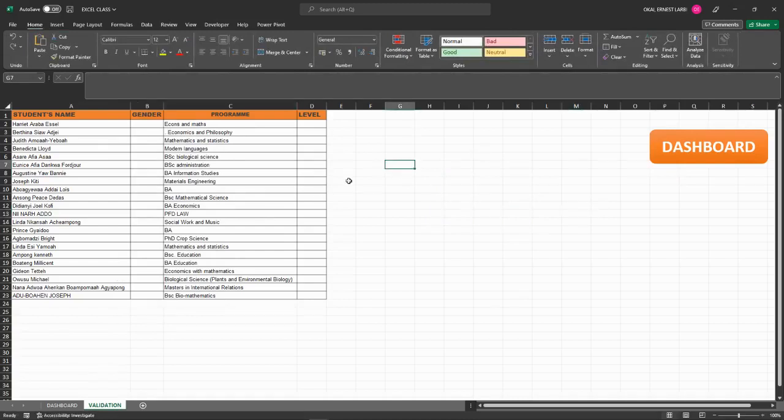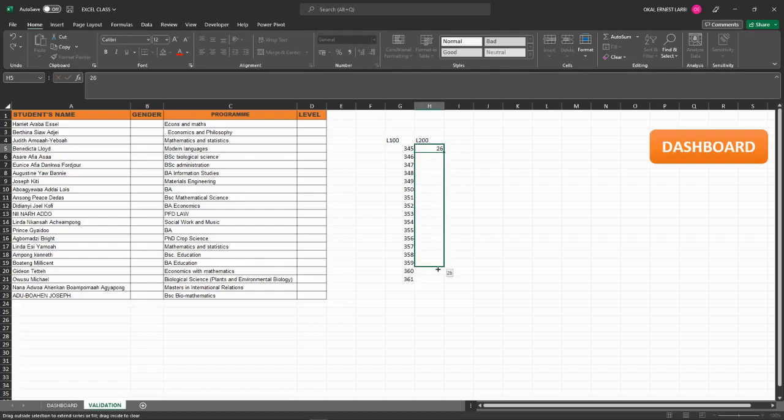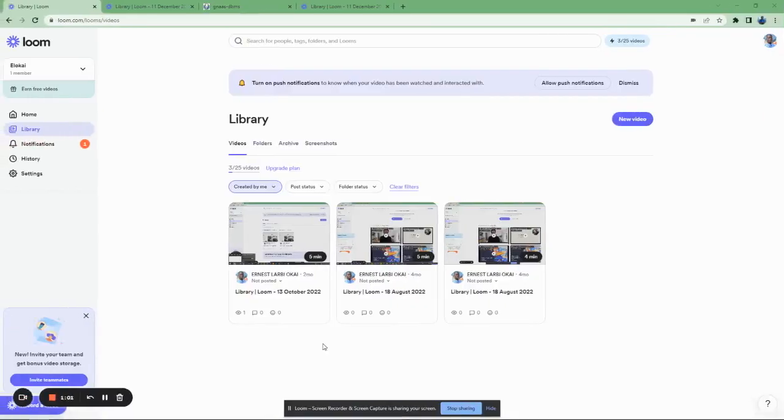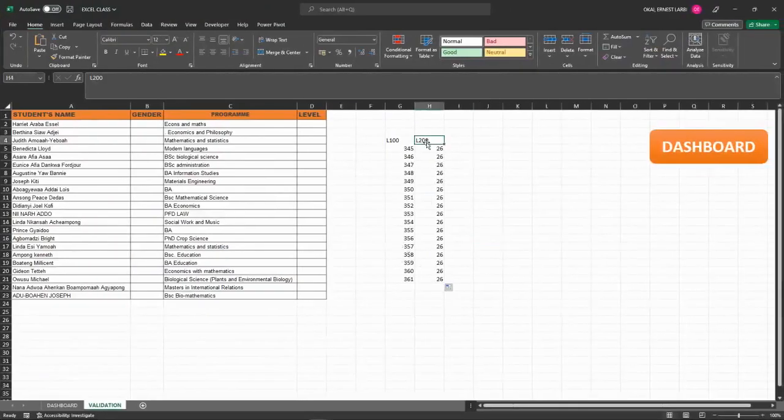If you want to insert a chart, let's say you have level 100, and let's say I have some values. Let's use the fill handle. If you use the fill handle and choose Fill Series, it will automatically increase them. And let's say level 200. We will talk about all this, but for now let us try to appreciate only this. So let's use the values, let's say 15, 26, and increase this. So when we increase this to the one that we have here, you can see we have level 100